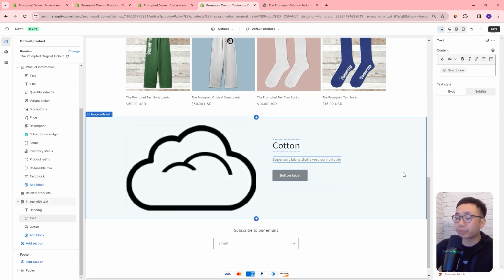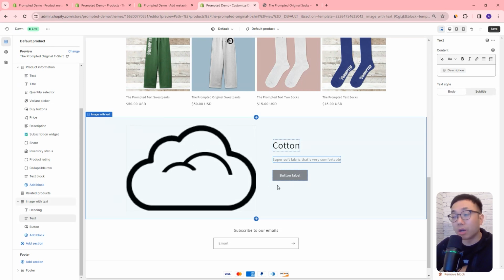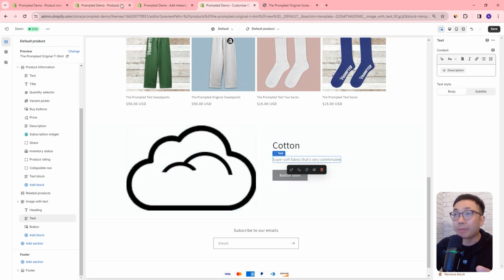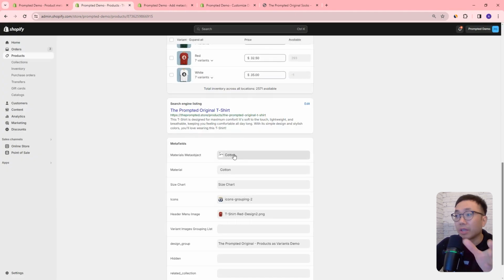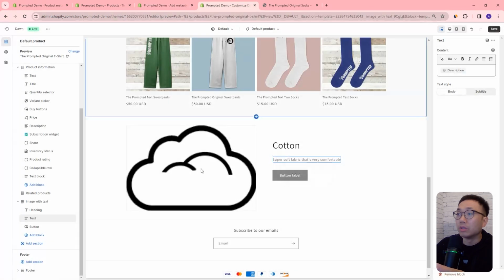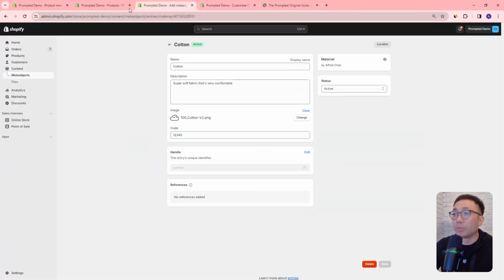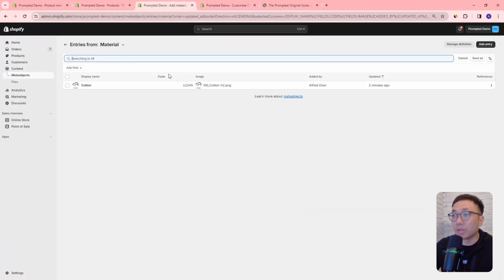So now what we've done is we've created an entire section on our product page that is dynamic, right? It's dynamic in the sense that whatever meta object you select to use in your meta field, you can code it so that you can have this materials section right on the product page that will be matching to your product. So if your product is, for example, not cotton, but